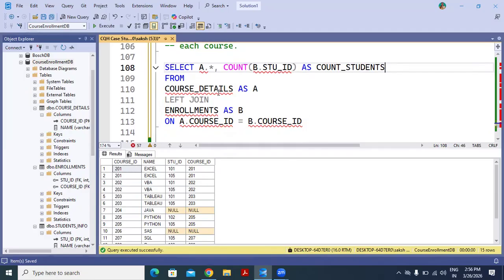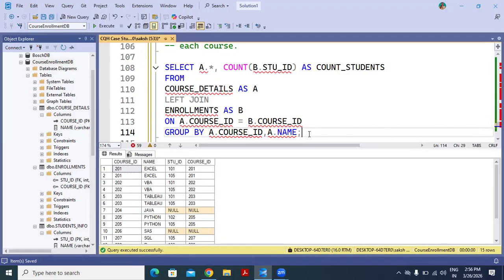Now, again, the same thing, aggregated and non-aggregated columns. So we must use the group by clause. So group by A dot course ID, comma, A dot name. And do we need course ID here? No, because we have already course ID in the first table.